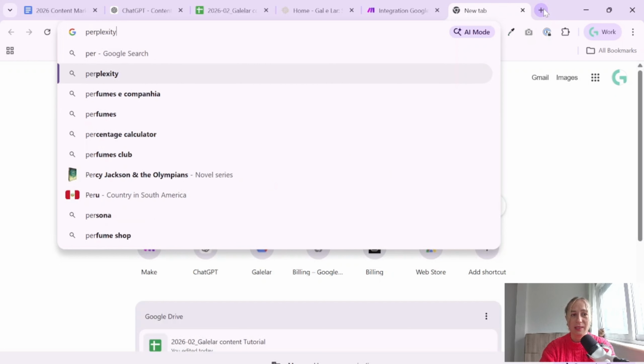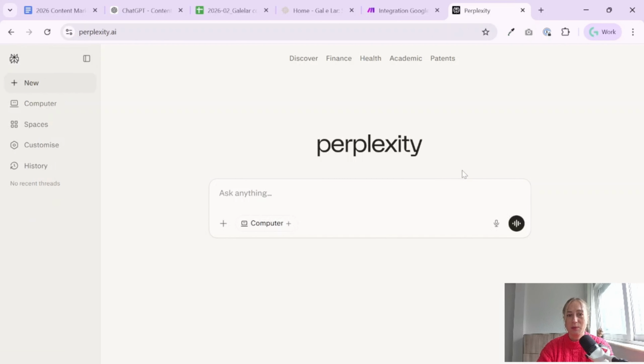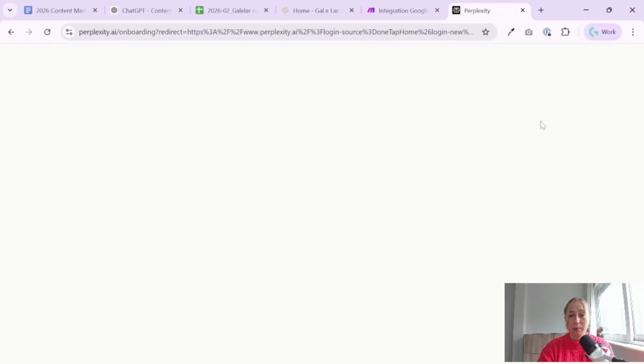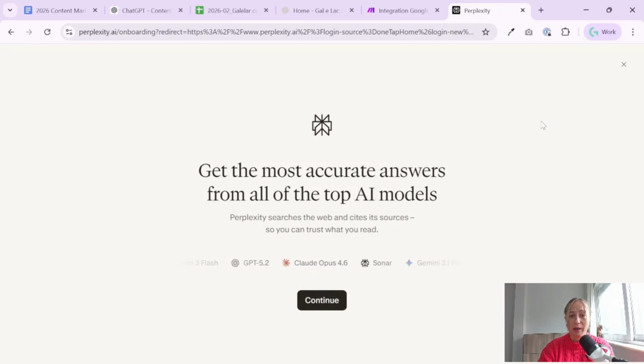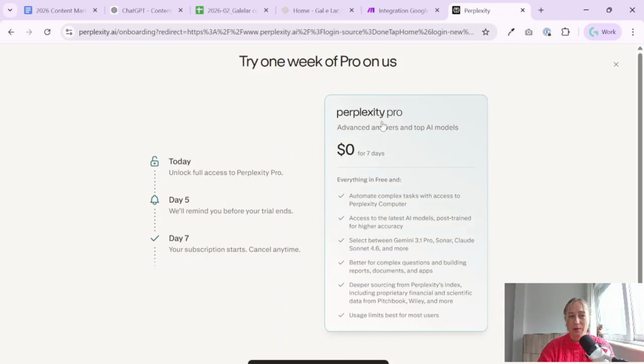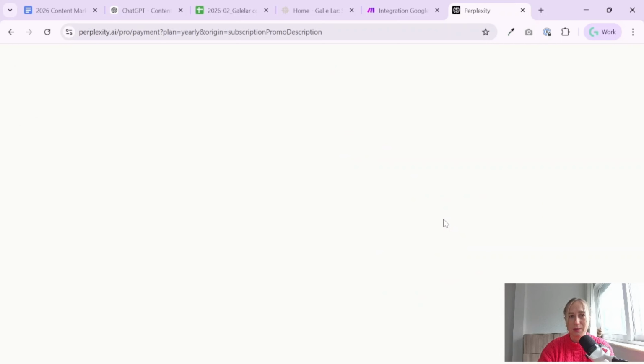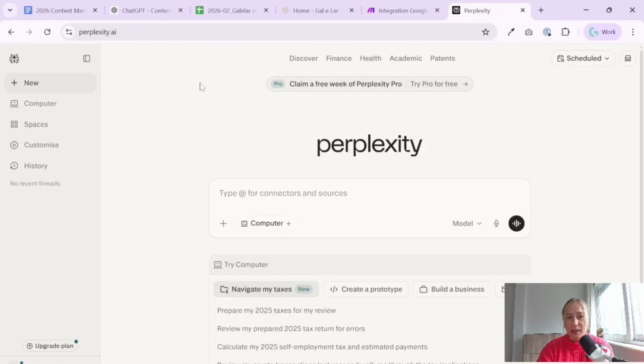I go to the Perplexity AI website. On the Perplexity website, I didn't do any login. I have a suggestion from Google. Let's do it. It will be accurate for other AI tools as well. Get the most. Okay, continue. I want to use it for free. Yes. Try for $0. What is interesting here is that I have a web interface, but to connect to Make, I